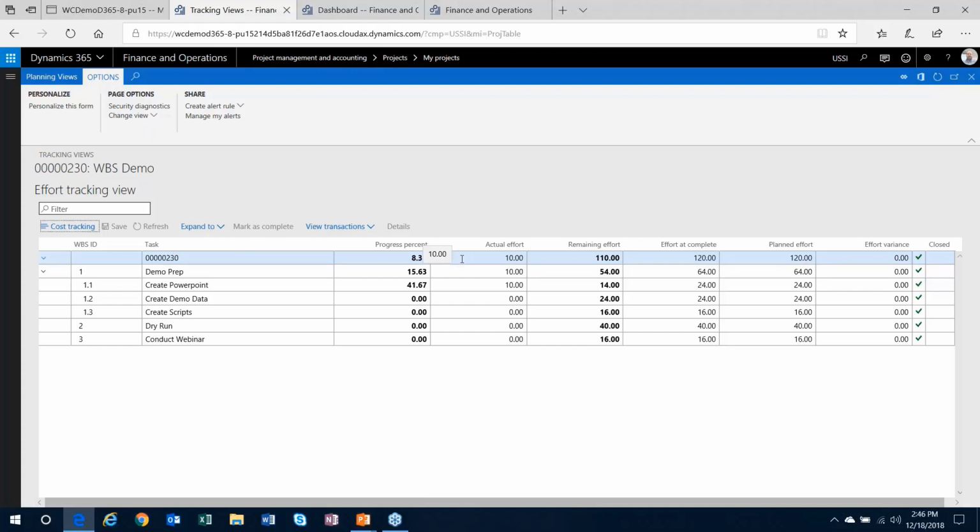So two very nice views from a project management perspective to track at any point in time how actual transactions are coming in against the work breakdown structure and what the percent complete is might be against your